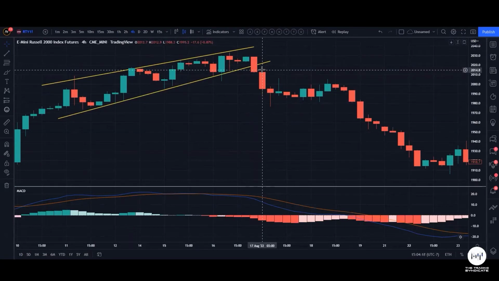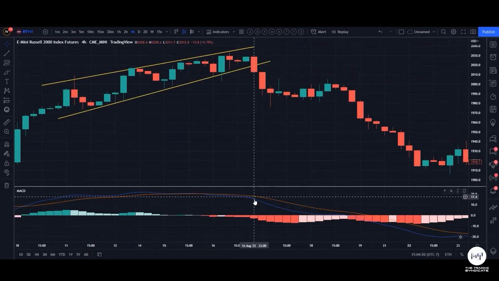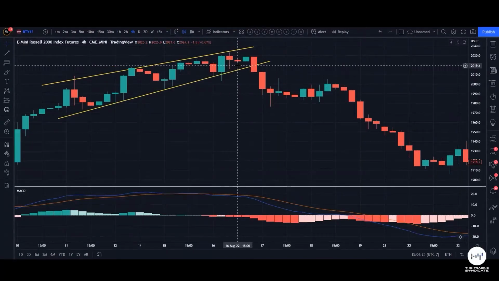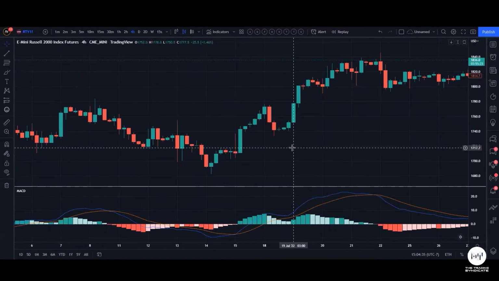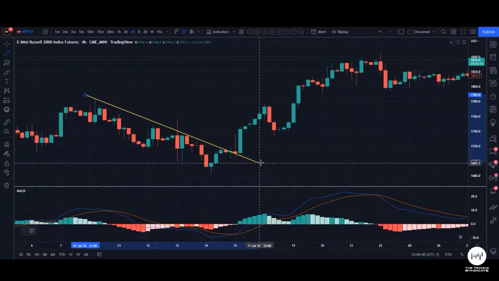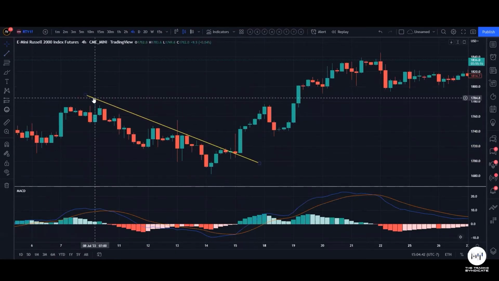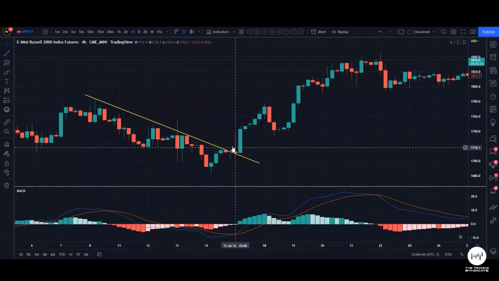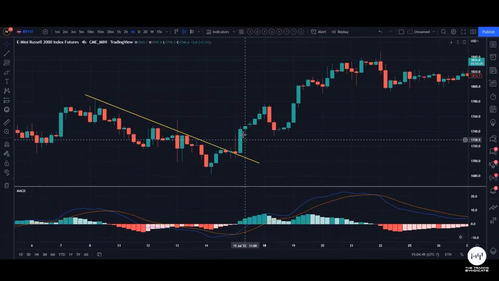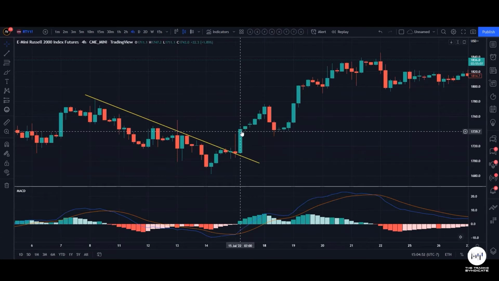So a very strong way to go ahead and confirm these breakouts is by looking for divergence on the MACD following a crossover that occurred probably slightly before. However, sometimes if we go ahead and take a look at this example here, you'll notice that we get a nice little trend line break right here. We have our trend level of resistance. We break outside of the trend line. We get that crossover on the MACD, and that big green candlestick right here that confirms the breakout. We see that huge divergence that is occurring with that candlestick,